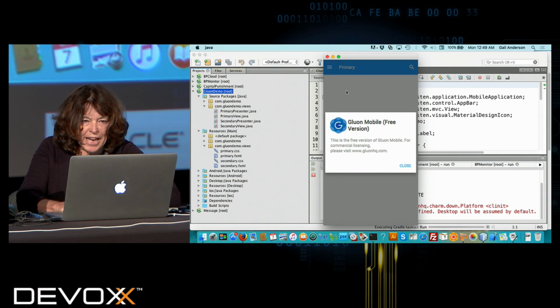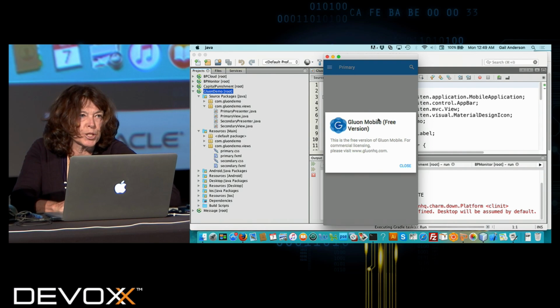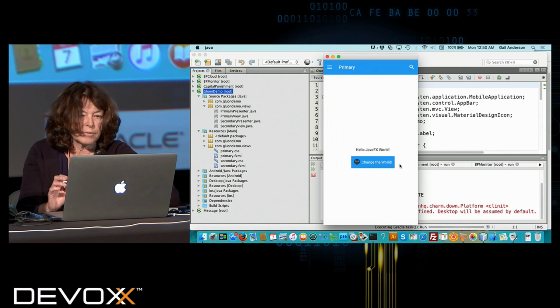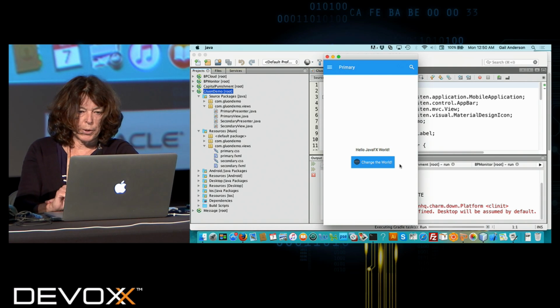And here's your NAG screen. We have a license, but we removed it for this talk because it's too difficult to not show the license files and things in the code. Okay, so